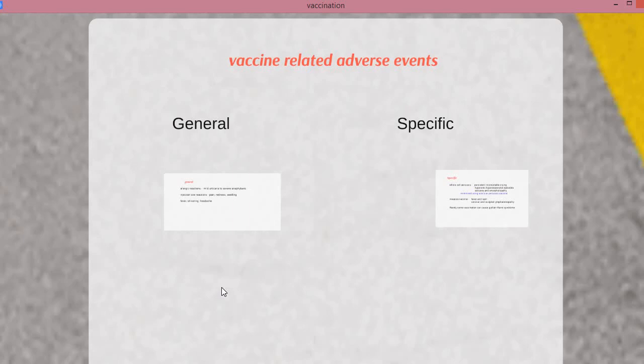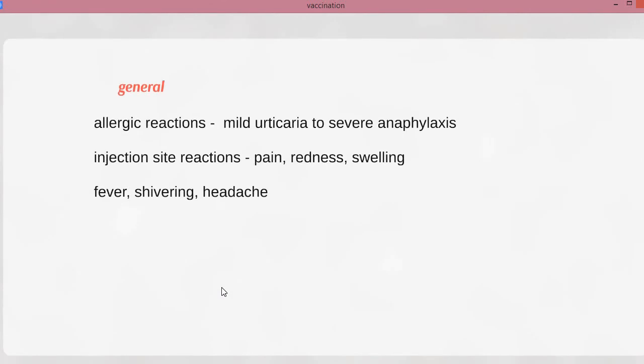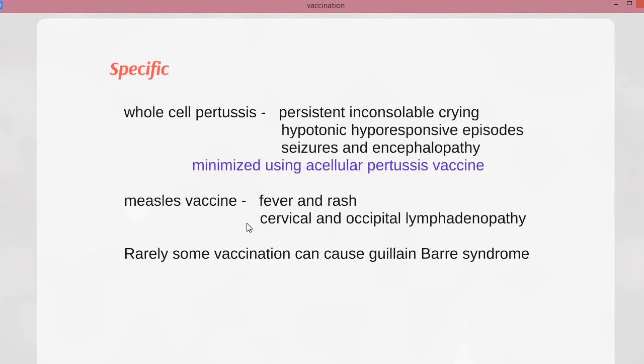Vaccine-related adverse events can further be divided into general events and specific events. The general events are allergic reactions, which can be either mild or severe anaphylaxis. Injection site reactions, which include pain, redness and swelling. Or general reactions like fever, shivering and headache. The specific reactions include